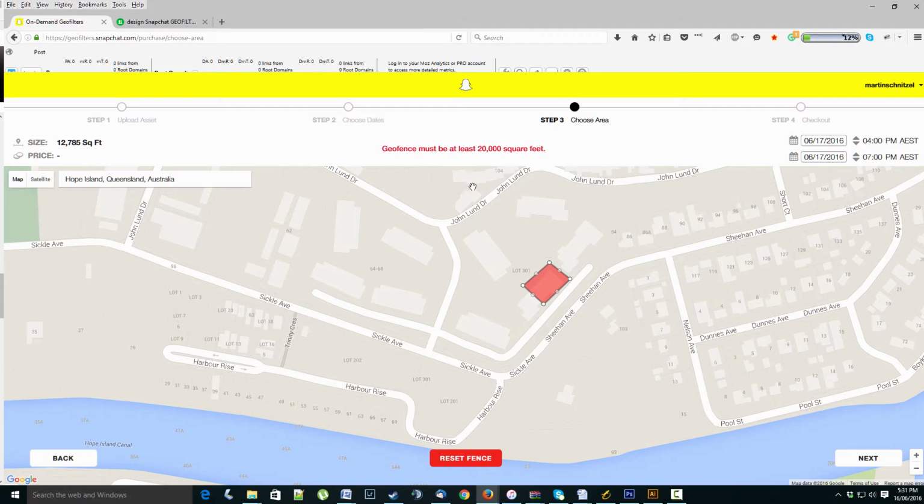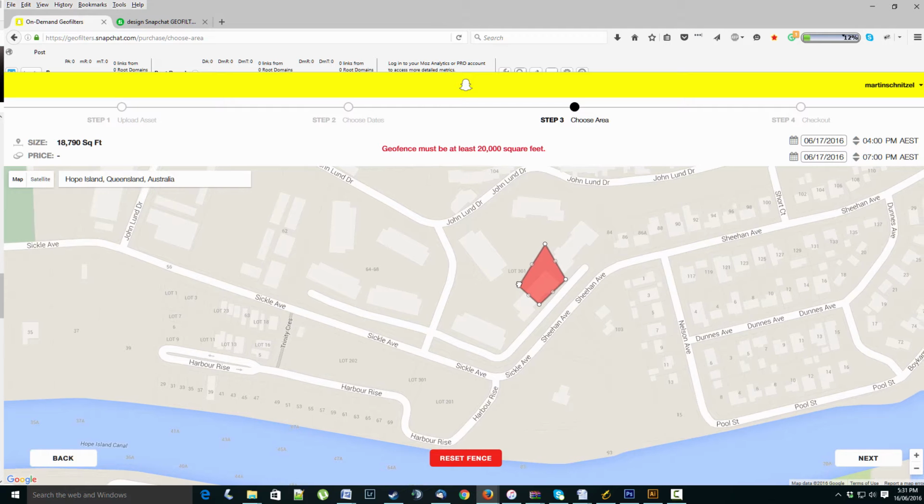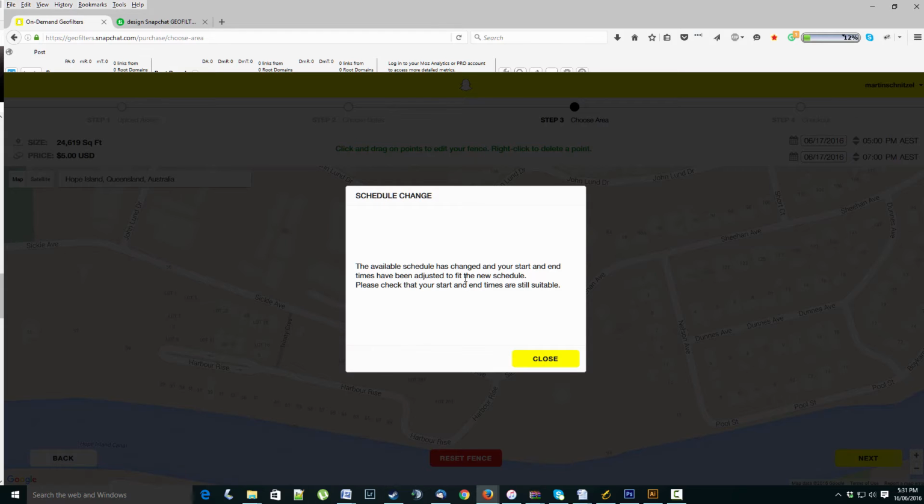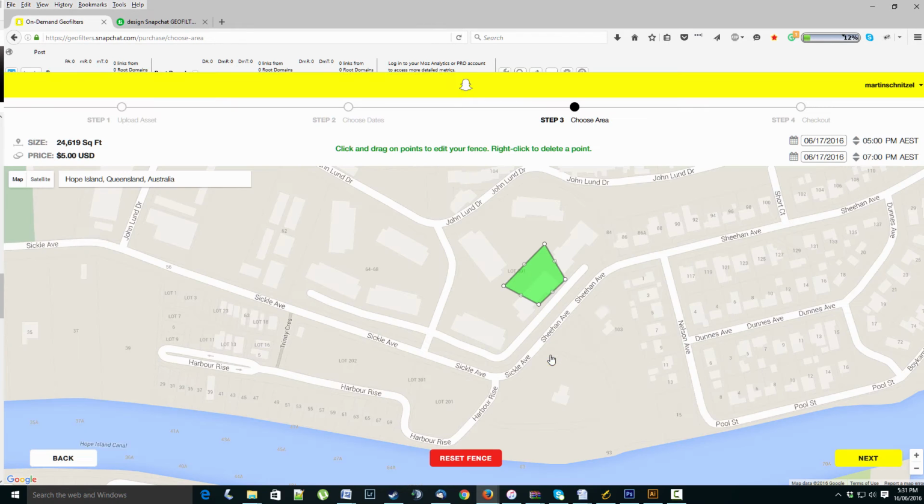Okay, so the geofence must be at least 20,000 square feet. Fantastic. We'll just drag this out until we reach 20,000 feet. There we go. Okay, so this is some cool on-the-fly issues coming up. The available schedule has changed and your start and end times have been adjusted to fit the new schedule. Please check that your start times are still suitable. Okay, I'm going to close that, and it doesn't seem to have changed anything, but that's okay. That's fine with me. So we have done exactly what's required, at least 20,000 square feet around the area of